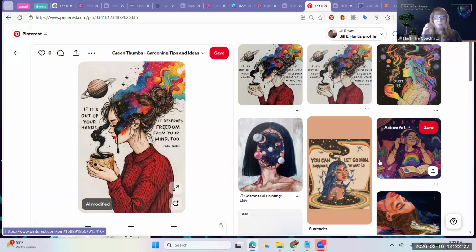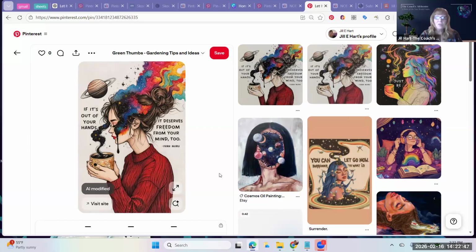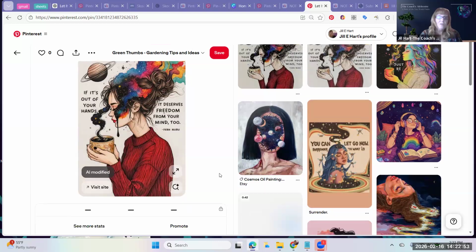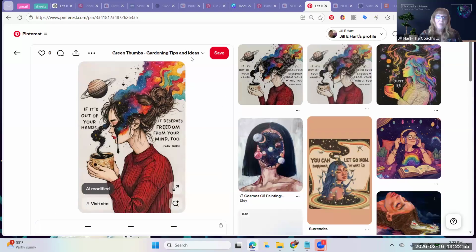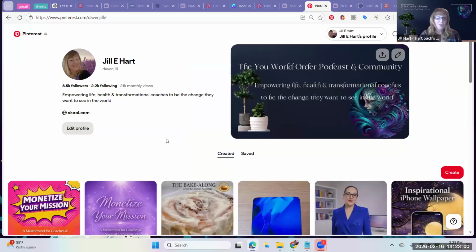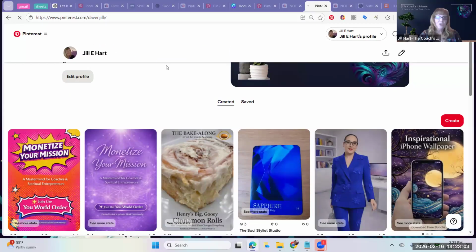I had a Pinterest account that was attached to a website that I had about homesteading, and that specific pin flooded the website with traffic, and it lasted for a long time, like almost a year of consistent traffic from that pin. So every time you post a pin, you're adding one more opportunity to get found and to go viral.